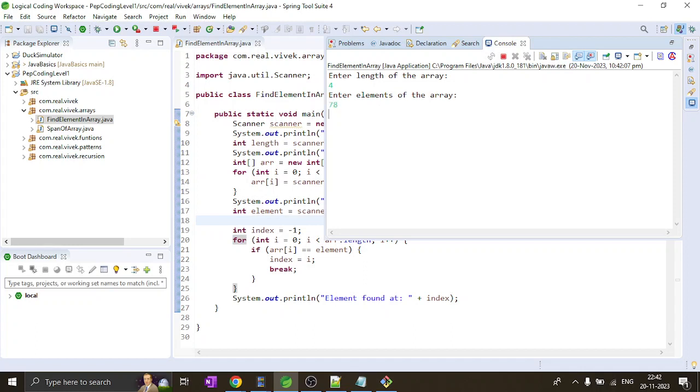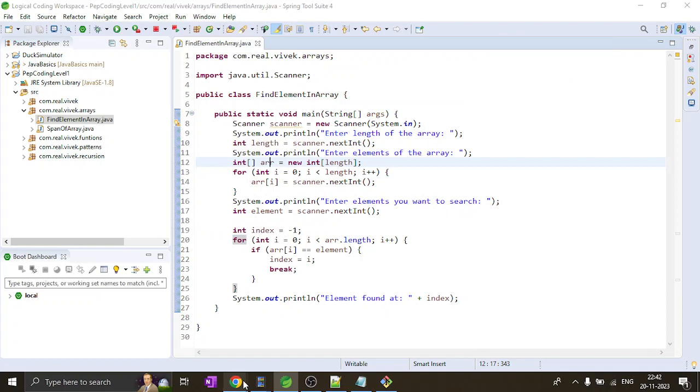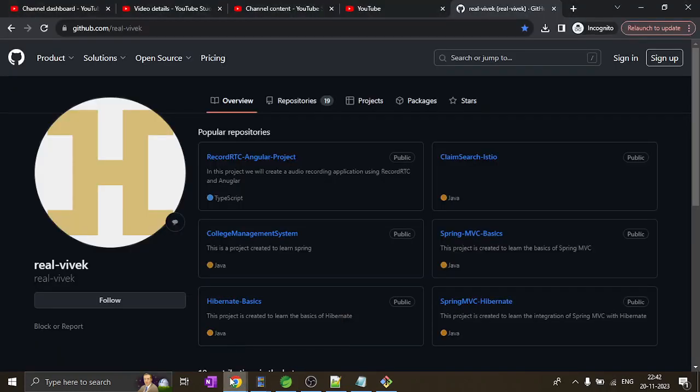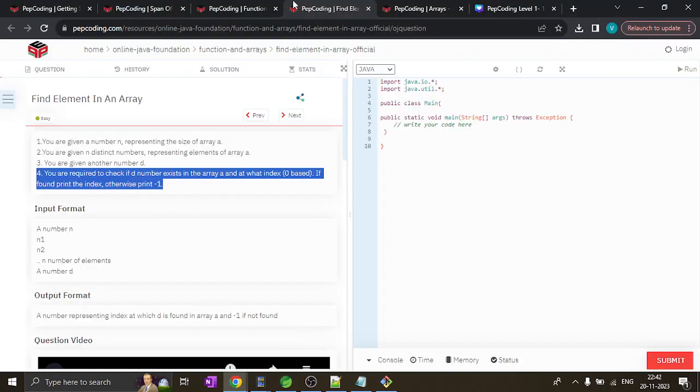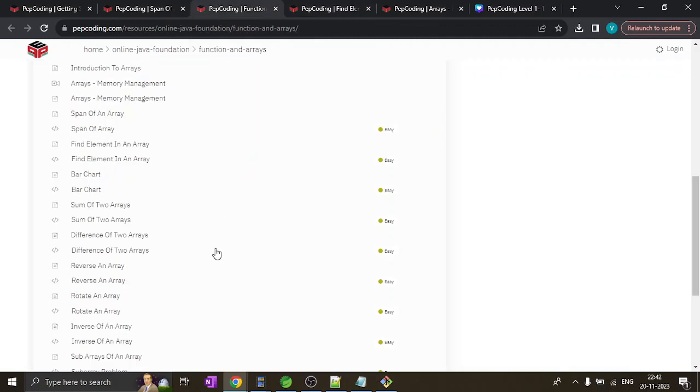Then 78, and then if we want 77, it returns -1. Okay, so that was all about this question. Let's try to solve the next one, which is